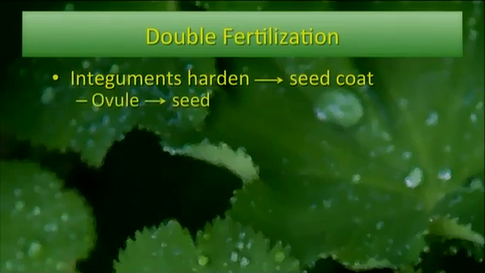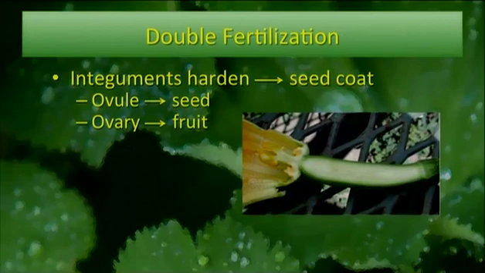The ovule becomes a seed. The ovary becomes a fruit. Here we have a fruit of some kind of squash, some kind of Cucurbitaceae. Okay, here's a flower. So this one has an inferior ovary, where the ovary is actually under or beneath the attachment parts of the flower.